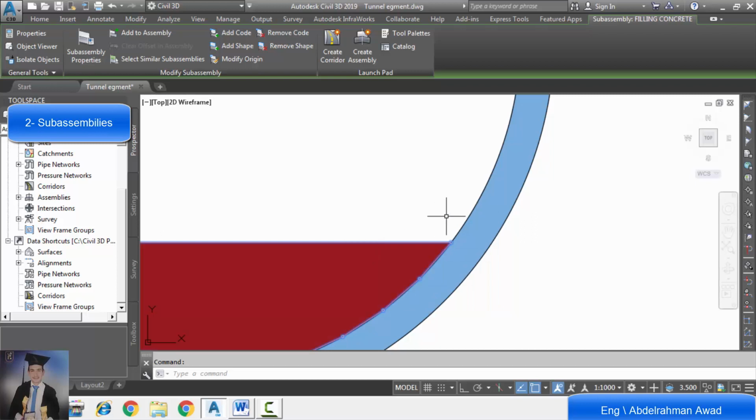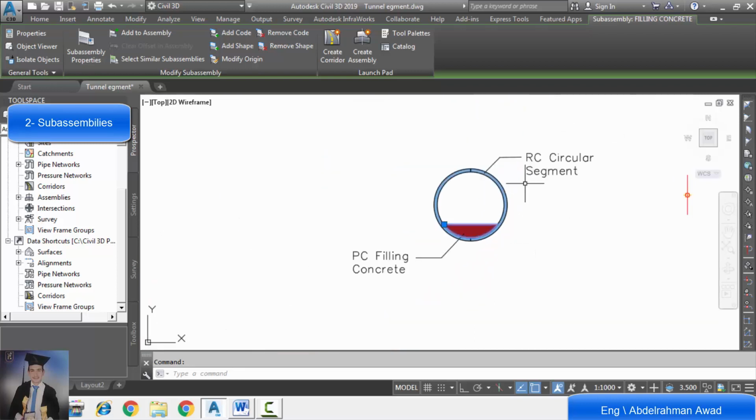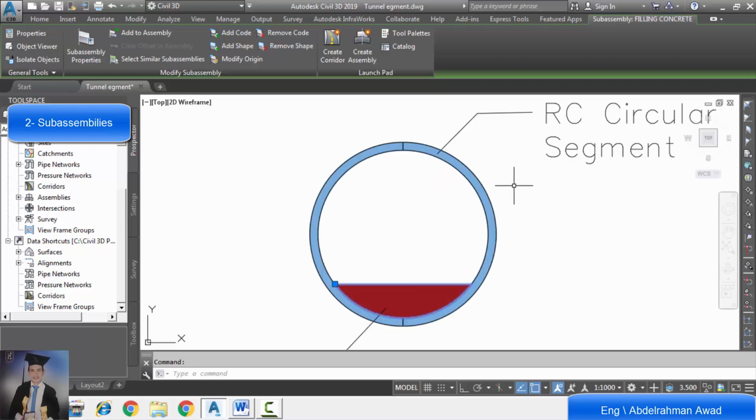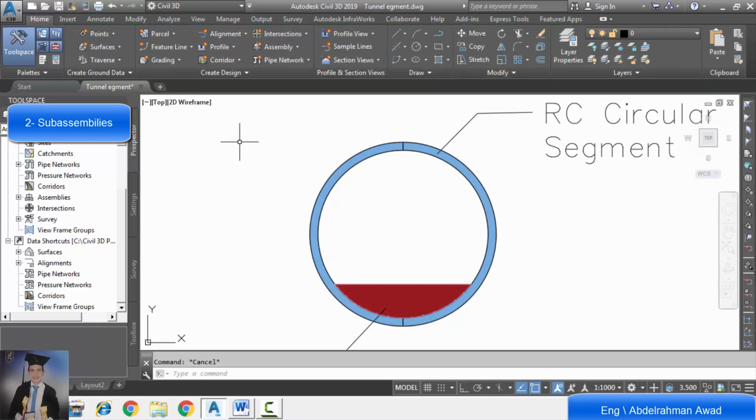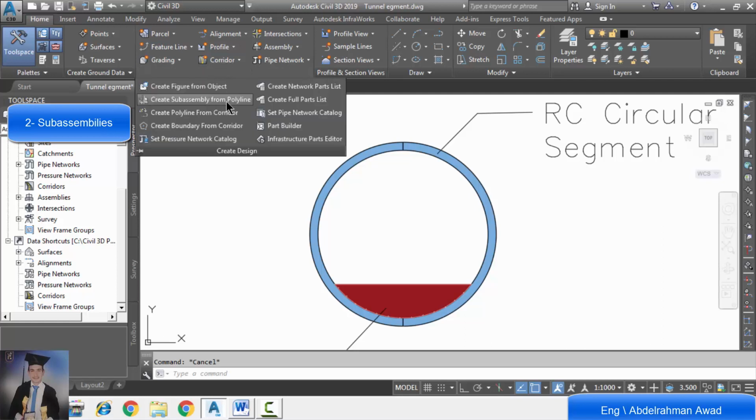Now we will turn to the RC circular segment. We will create a sub-assembly for the right half and a sub-assembly for the left half. So we will make the same steps. Click Create Design, then create assembly from polyline.